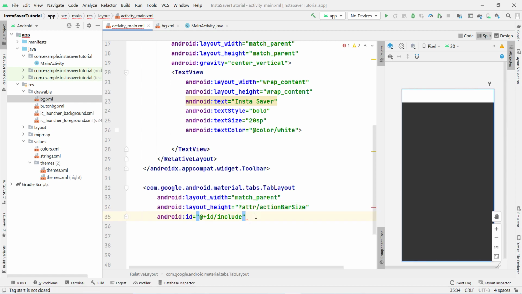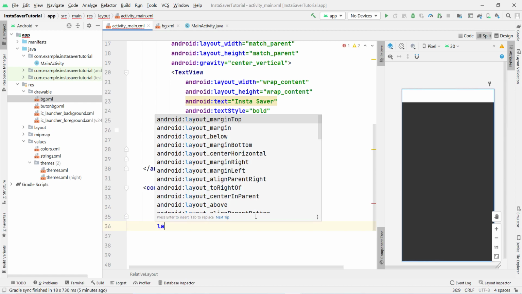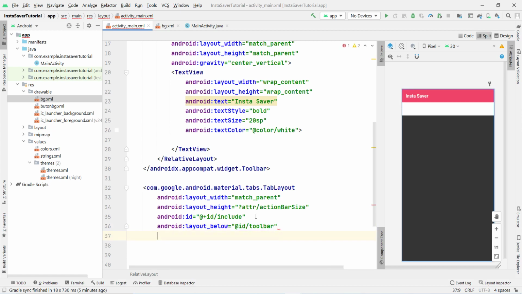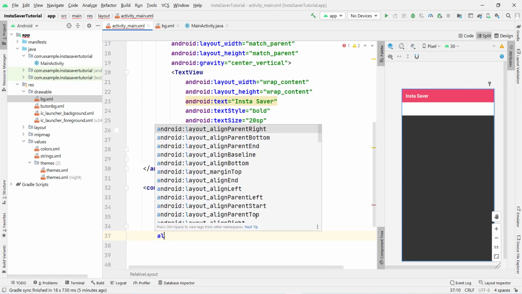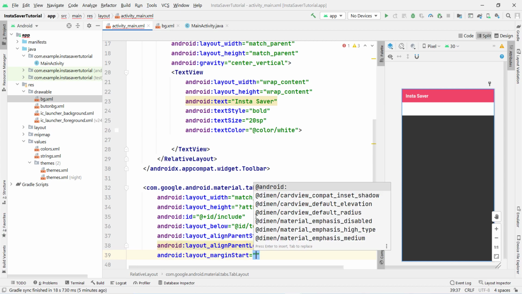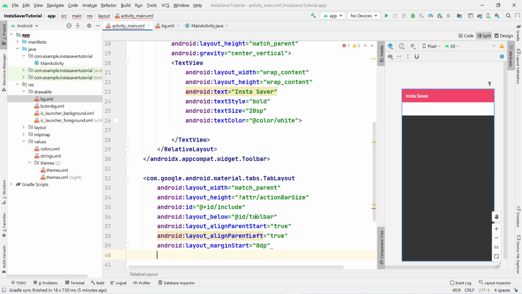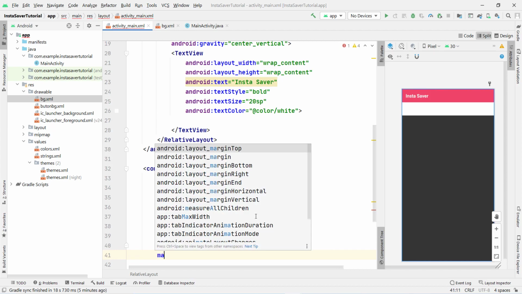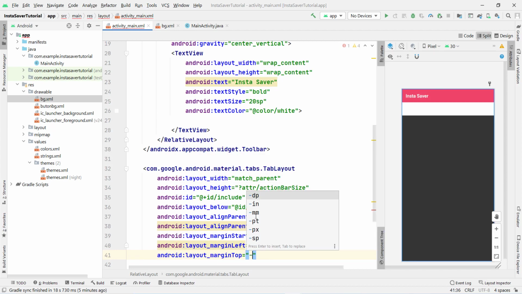And after this, let's start adding the tab items. So first of all, set the layout below, and I set this below our toolbar. Now we have to give the align parent start and pass it true, and then after this align parent left, pass it true also. Give the margin start 0 dp and give the margin left 0 dp. Give the margin top -3 dp,